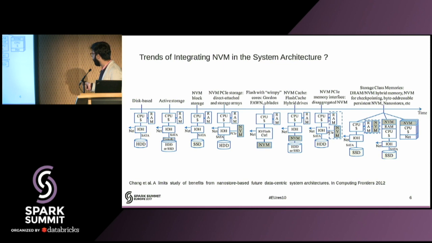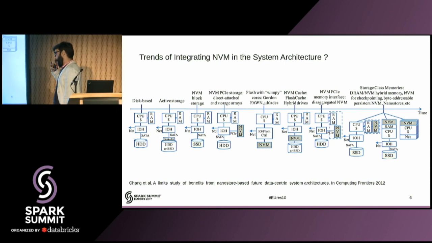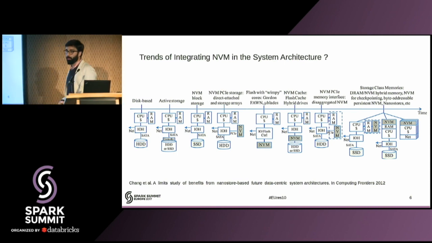And in the limit study, this nanostores project, what they showed is that for the IO-bound applications, the tighter integration of the non-volatile memory with the CPUs actually helps in improving the IO boundedness of the applications. And the question is, would in-storage processing, which is a combination of compute units attached to the non-volatile memory and compute units attached to the DRAM, benefit Apache Spark or not?